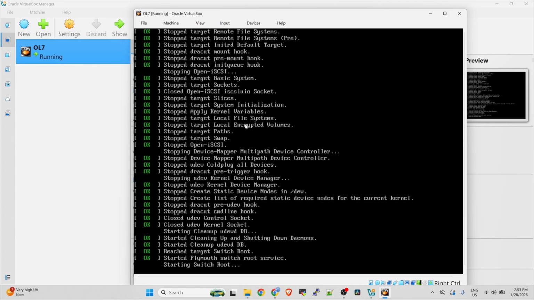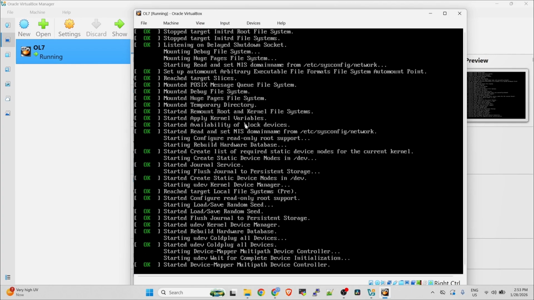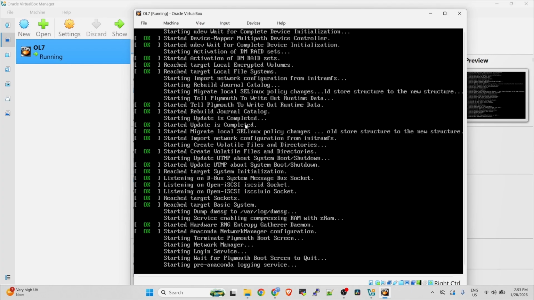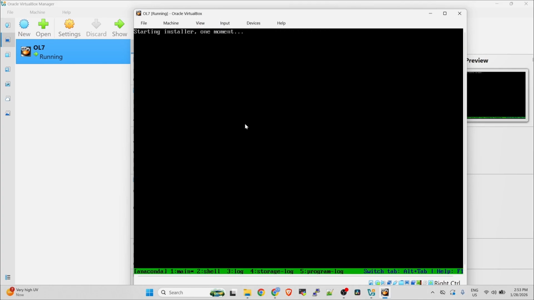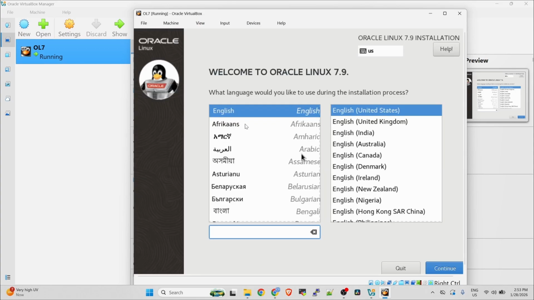Okay, so just a quick summary of what we already did. Previously, we downloaded and installed the Oracle VirtualBox. We downloaded the Oracle Linux OS ISO, and then we created a new virtual machine with 8 GB RAM, one processor, 100 GB disk, and then I also added two more disks in my case. And then for the network, we're using two adapters, one for the internet and the host-only one for VM to host connections, and we also added a shared folder.